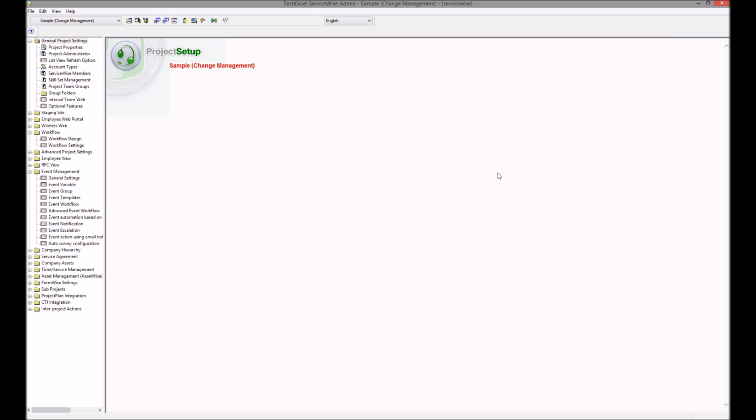So what you're looking at here is the ServiceWise admin. It's a place where we control all of our settings, define our business rules, and pretty much everything in the system. So there's a million settings in here, but I'm going to quickly show you some settings and things that are related to change management. But before I begin, all of the